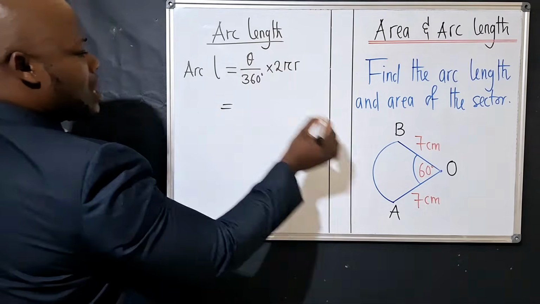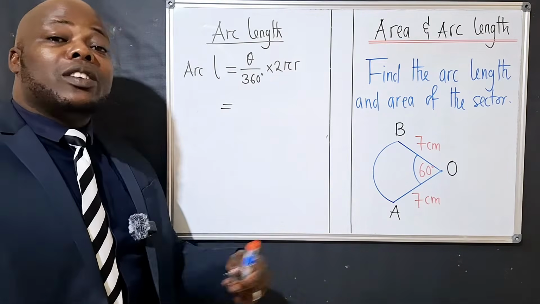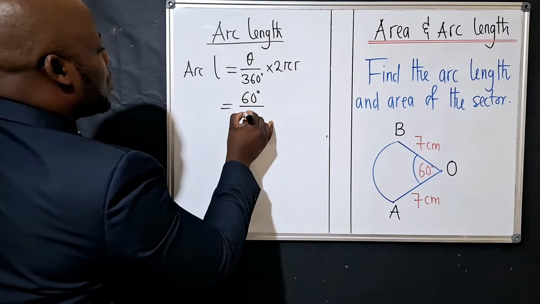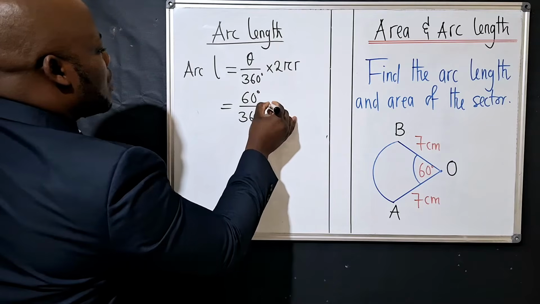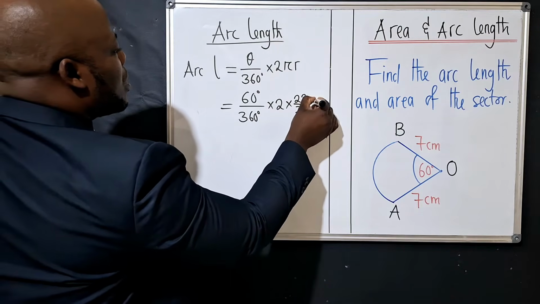The theta here will be the angle that is given, and the angle we have here is 60 degrees. So we can say 60 degrees over 360 degrees times 2 times 22 over 7 times